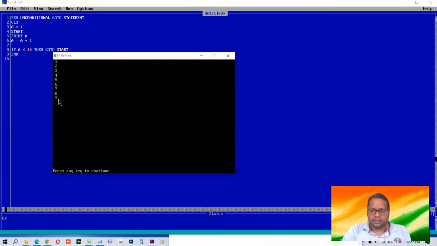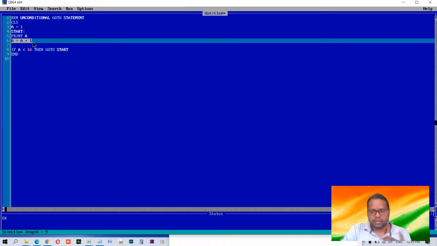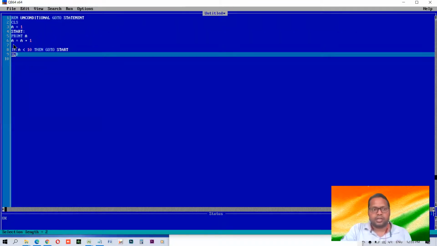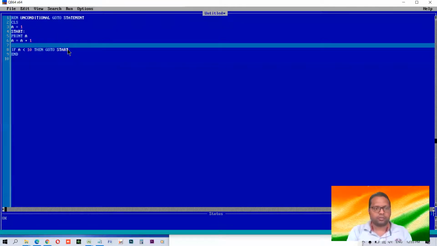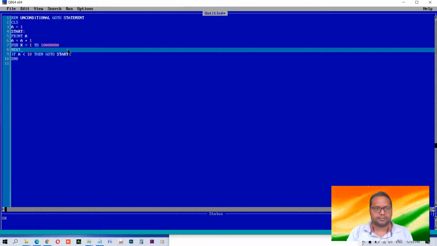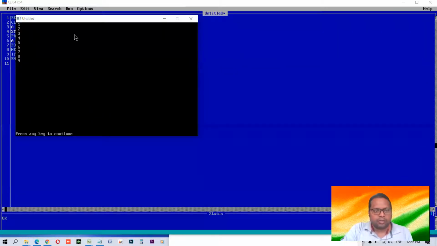As long as a was less than 10, it was working. Because 1 is getting added to a in every round, when it reached 10, this condition became false, so it didn't execute this line and it ended. Let us watch this in slow motion. For x equals 1 to 2, and next, the for loop is very interesting. We'll see this in the next class in a proper way, but for now you can see this loop as an introduction.